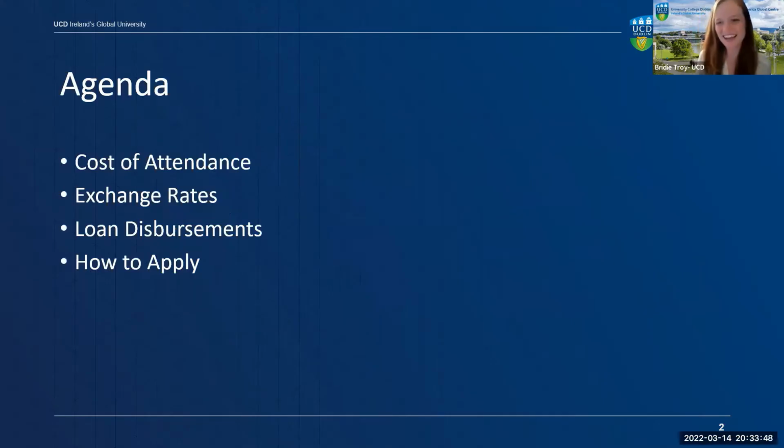Let's just get started. Today we are going to discuss all the different aspects that go into financial aid. We're going to talk about the cost of attendance, which outlines how much you can borrow in loans and what your expected expenses might be at UCD. Exchange rates, which are a large factor to consider when using your US loans abroad. How the loan disbursements work when you finally will be getting your funds in September and May. And finally, the question that I'm sure is on many of your minds, how to apply for US financial aid